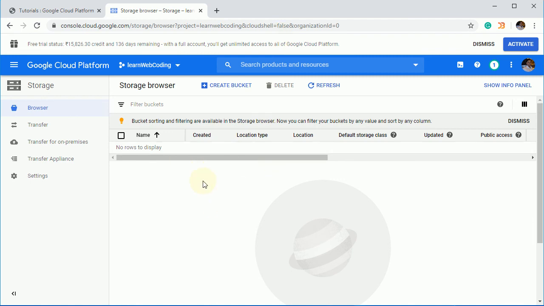You can create a bucket and use this storage to upload that file. Only the actual code will be on your app engine or compute engine, and the rest of the thing will be on your storage.